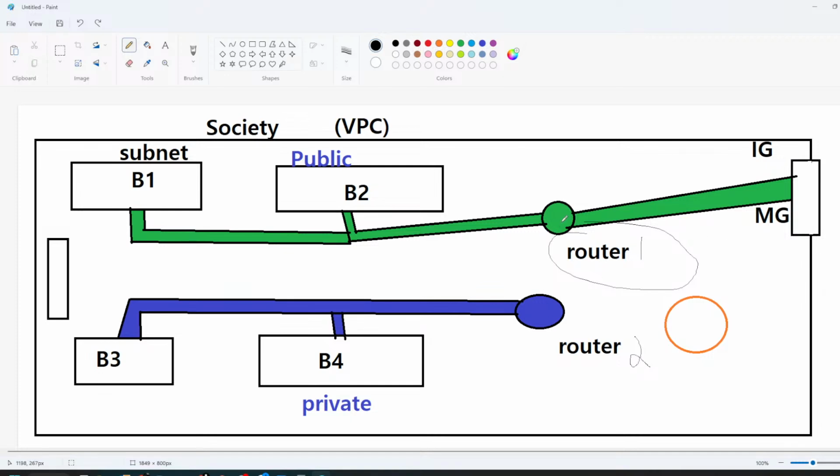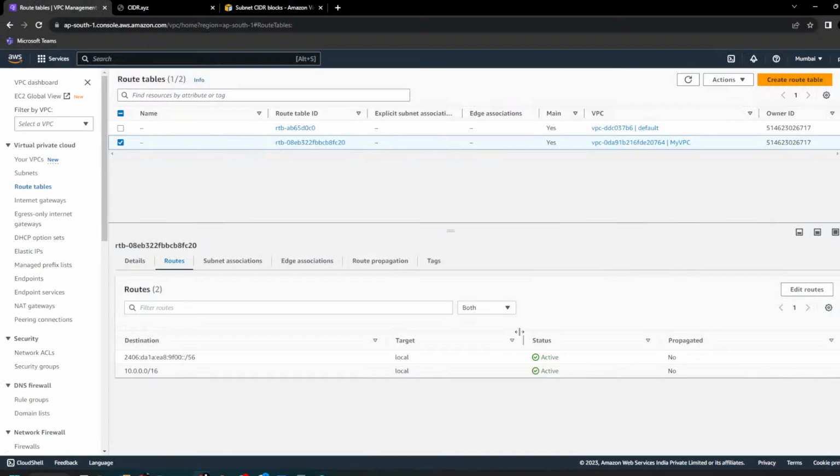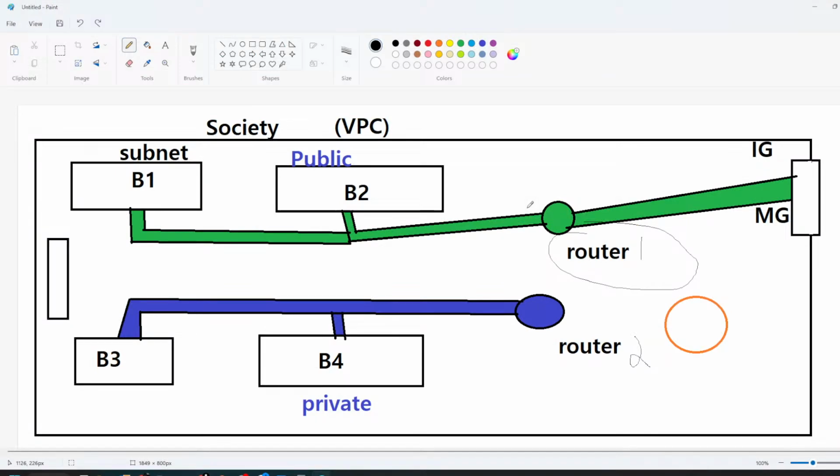सो मैं एक राउटर को पब्लिक और प्राइवेट की तरह यूज नहीं कर सकता, मुझे दो राउटर चाहिए अगर मुझे पब्लिक बनाना है और प्राइवेट बनाना है तो। Amazon ने कितना राउटर दिया हमको बाय डिफॉल्ट? एक, और इसको नाम दिया है मेन राउट टेबल। इसको क्या नाम दिया है? मेन राउट टेबल, ठीक है। नाउ द फनी थिंग इज, आप जितने भी सबनेट अटैच करते हो, ठीक है, भूल